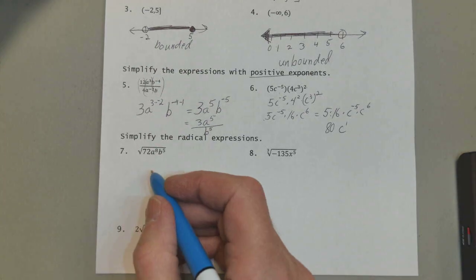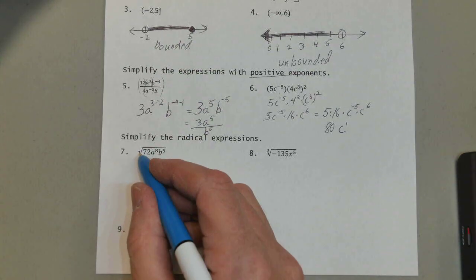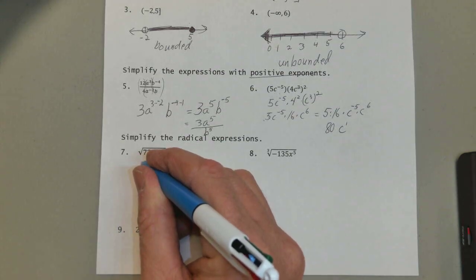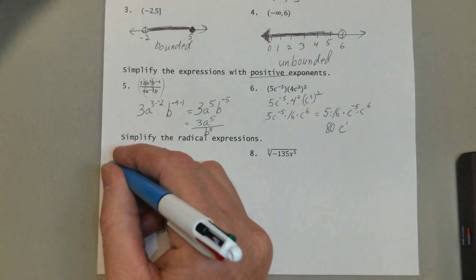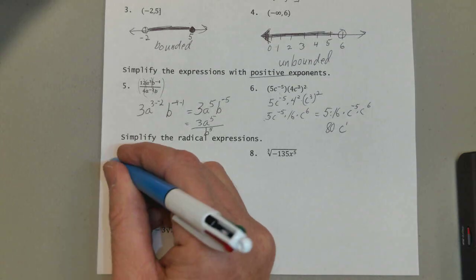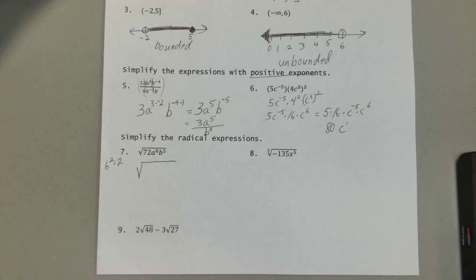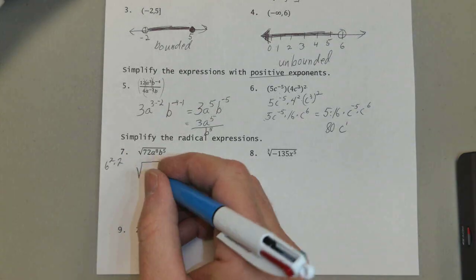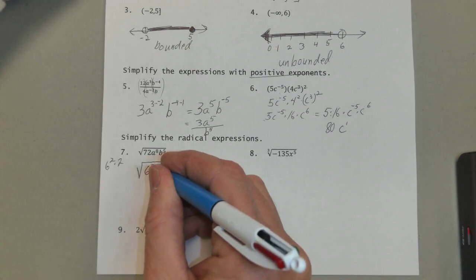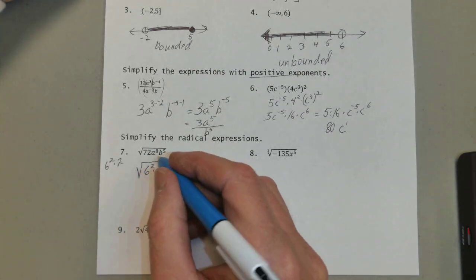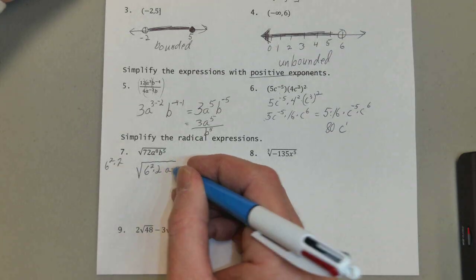All right. Now, I'm going to rewrite 72 as 6 squared, which is 36, times 2. And you can get that different ways, but we're going to find the square root, and I need squares. So that is 6 squared times 2, 36 times 2. I'm going to take a to the